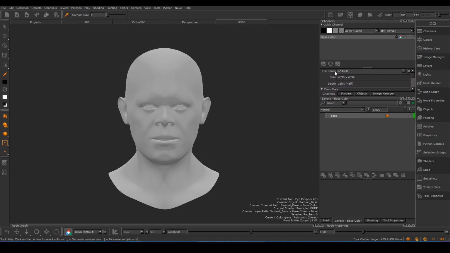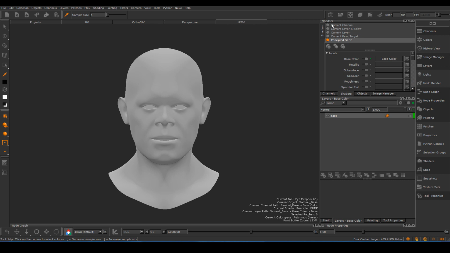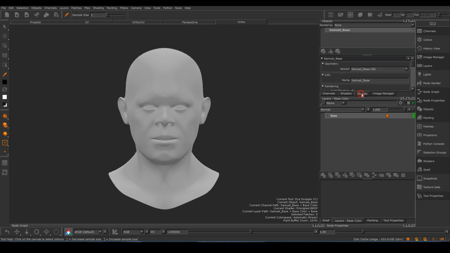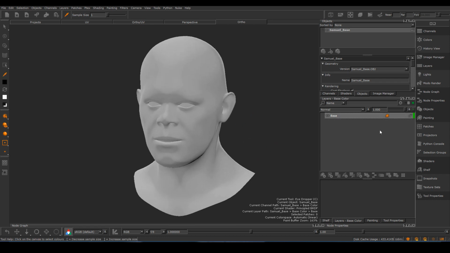Okay, so we know that we are working on normal. The size is 4K by 4K, 16-bit, and some more options that you could look at here for the channels tab. And if you go to the shaders tab here, we have the current channel, current layer, and current paint target, principled BRDF. So it tells us here what shader we are currently using and what it is affecting on our mesh. Okay, and we have objects here. Basically, this is the OBJ file that we are using for what we are looking at and our canvas here. Okay, so we are using the SAML base,